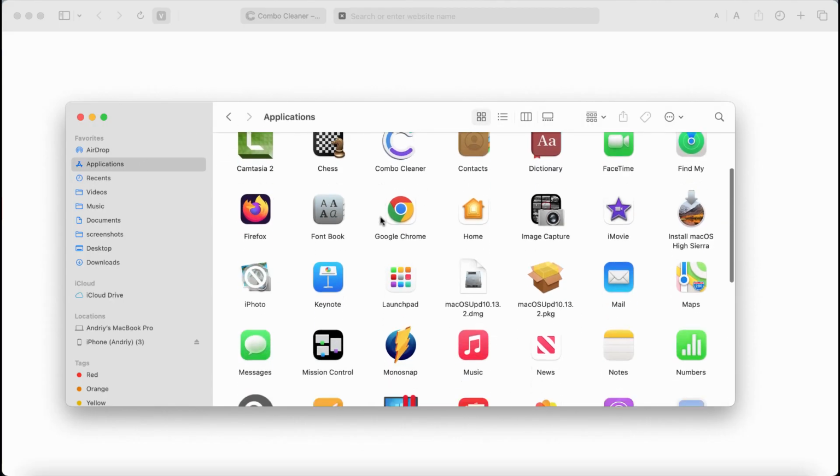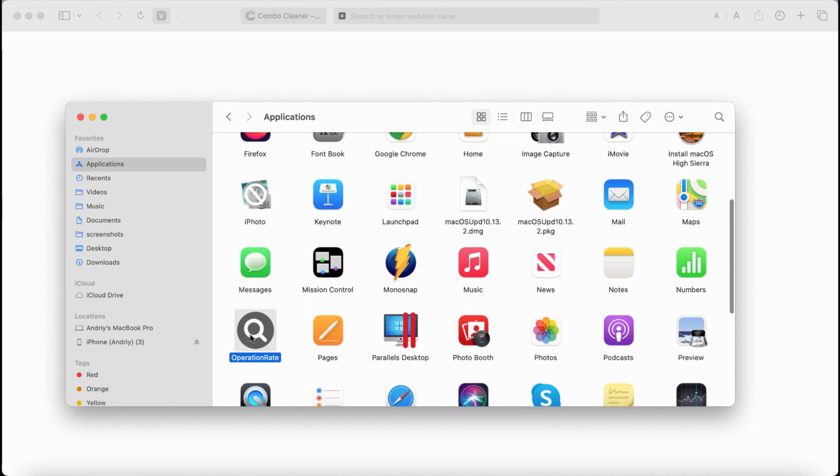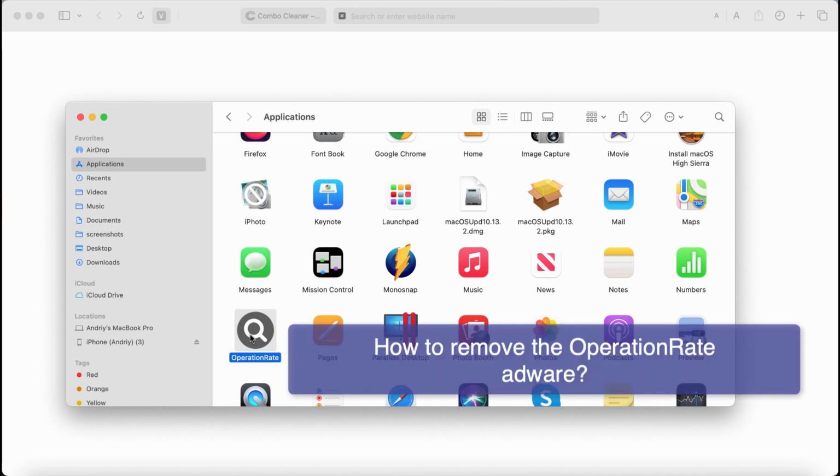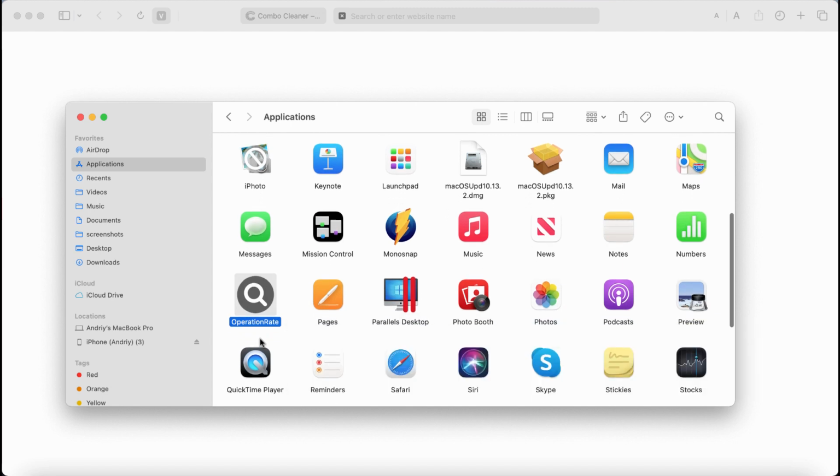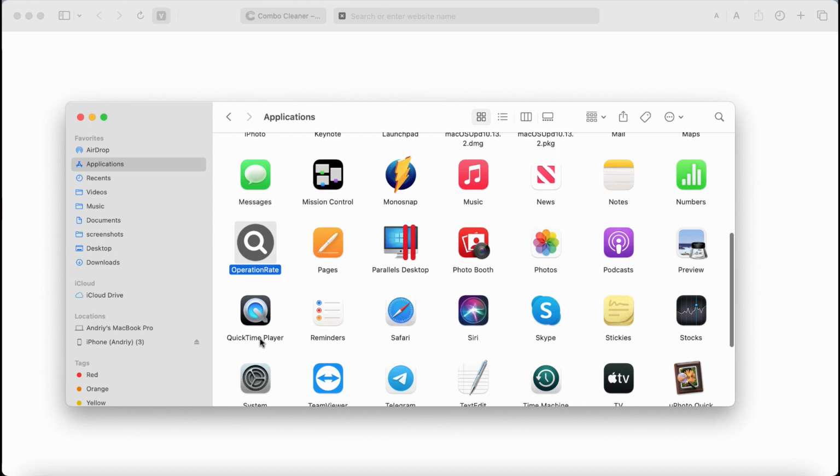My video tutorial is about removing the adware type application called OperationRate. OperationRate stands for a new adware. This particular adware is from the adload family of adware type infections. The adware called OperationRate, once installed, starts to display quite intrusive advertisements not related to the sites that you actually